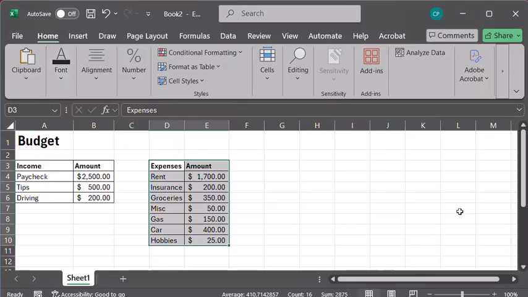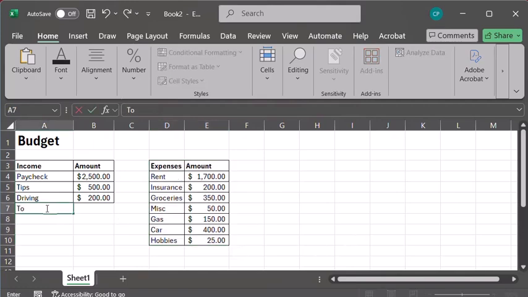And then underneath each one of these tables, I want to total up my income and my expenses. So I'm going to do a label here, total income. And here I'm going to use our first Excel formula. So I'm going to put an equal sign here. You could, of course, type in numbers, like if I do 5 plus 7, it will calculate those.